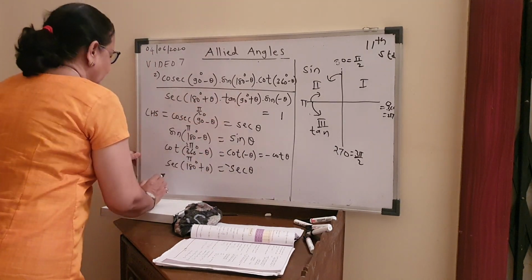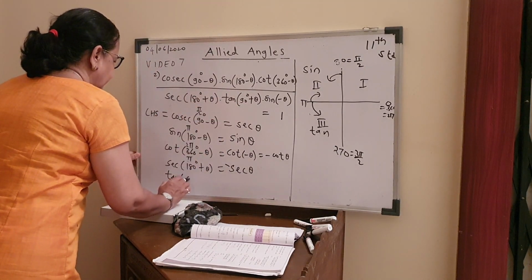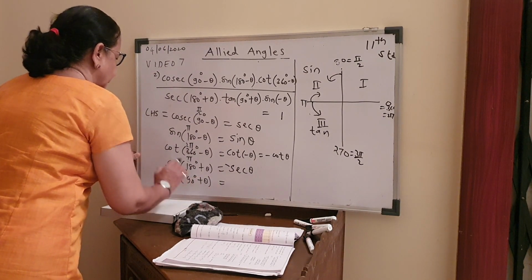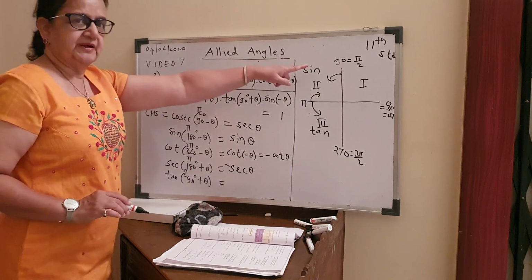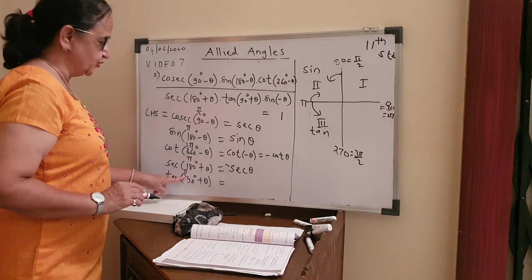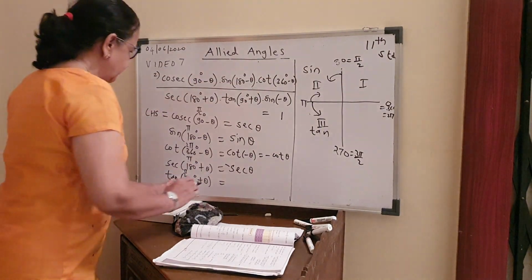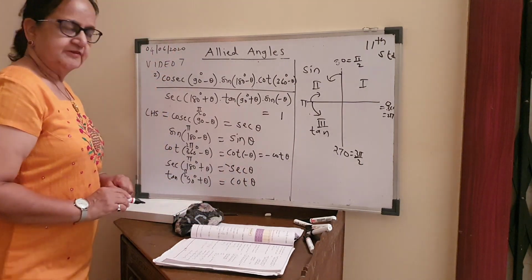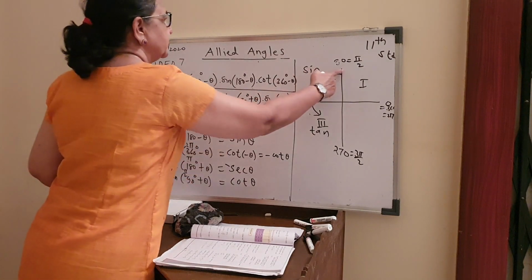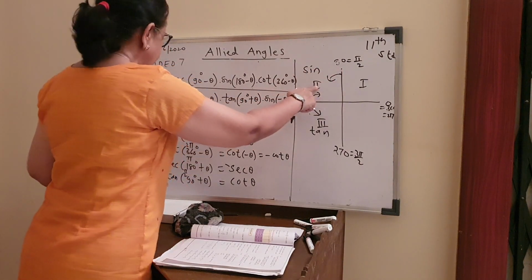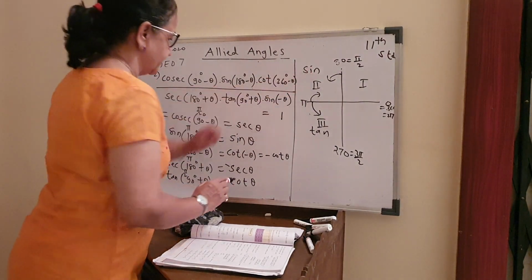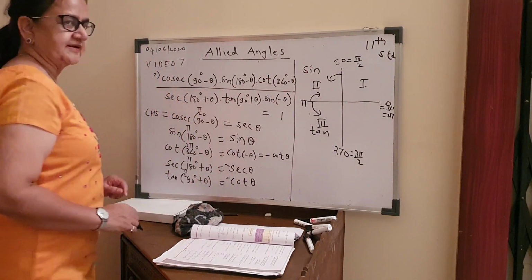Next, tan of 90 degrees plus theta. On top of 90, I will write pi by 2. Correct? 90 is pi by 2. Coefficient 1 by 2. Fraction, change, tan became cot. Pick the angle theta. Now go for quadrant, pi by 2 plus. I come to second. In the second, how is tan? Negative, because sine positive. So my final answer, negative.